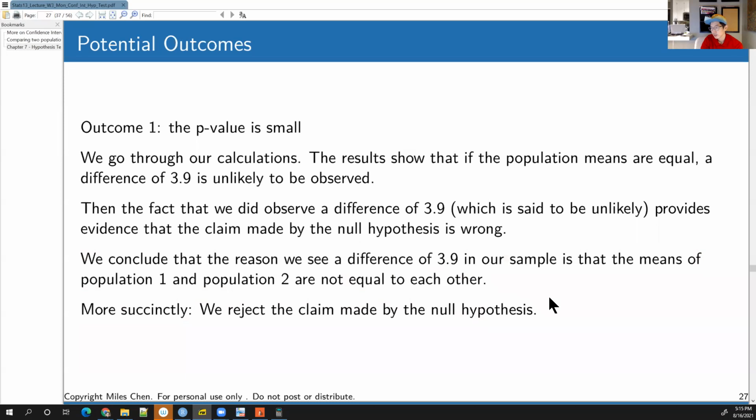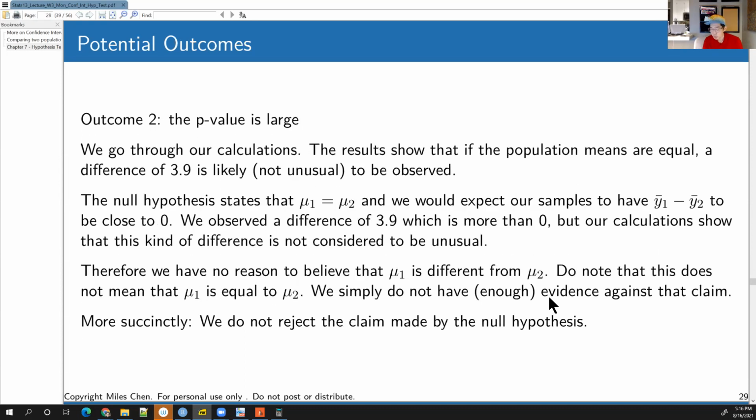Okay, does that make sense? That logic there, that our data had a big difference, and according to the calculations, while not impossible, it's very unlikely to get this by just random chance. Okay, so that's one possible scenario. Okay, the other possible scenario,